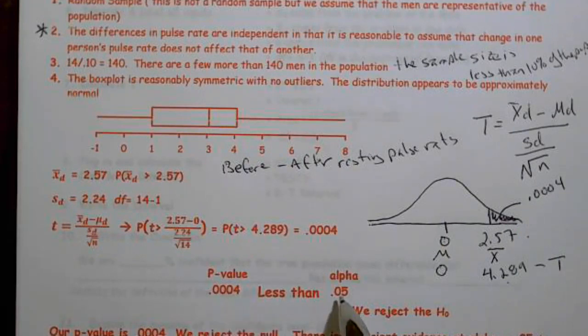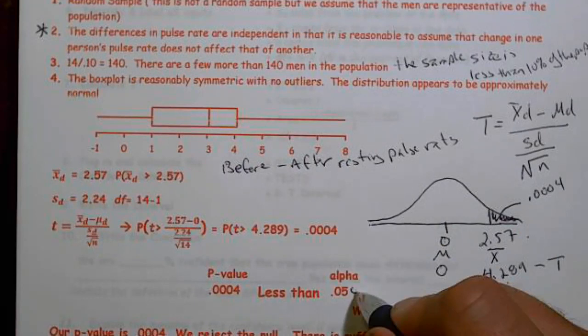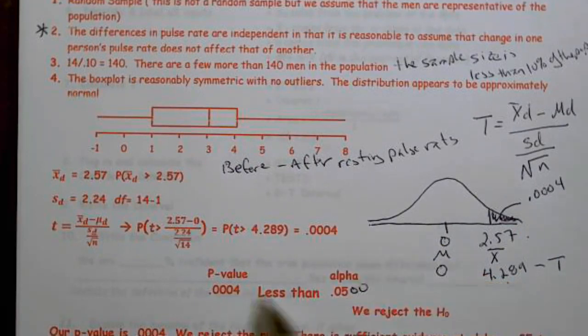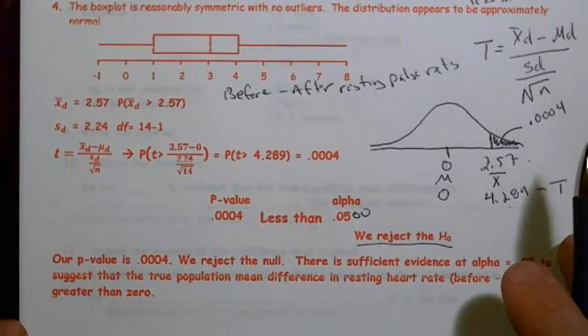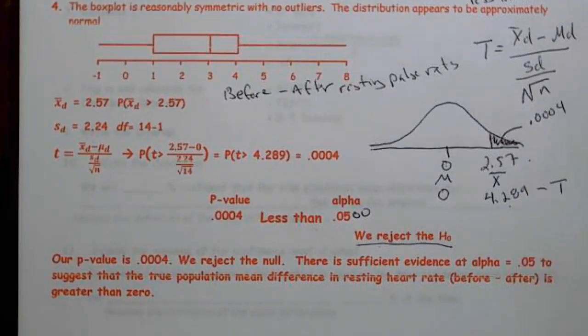They didn't give me an alpha, so we're going to use the 0.05. And obviously 0.004 is less than 0.05. So consequently, our decision is to reject, because remember, if the p-value is less than alpha, we reject. So our p-value is 0.004. We reject the null. There is sufficient evidence at our alpha level of 0.05 to suggest that the true population mean difference in resting heart rate